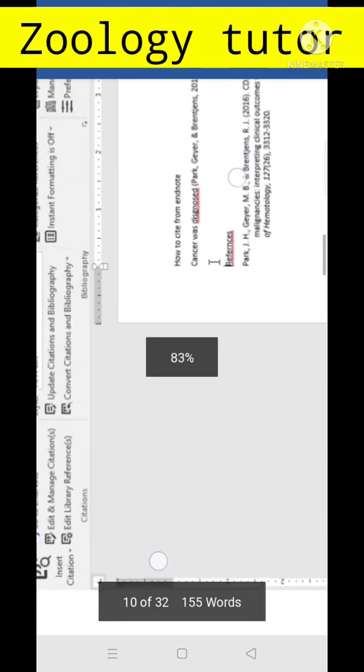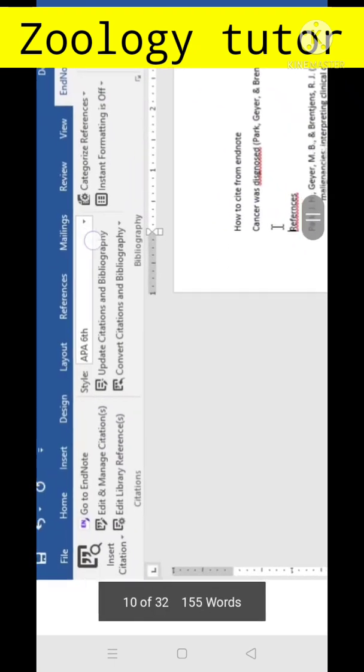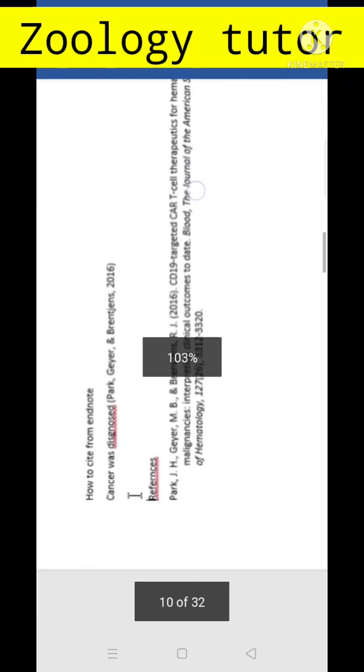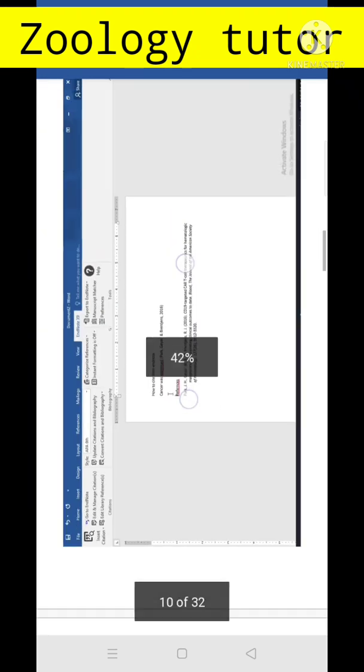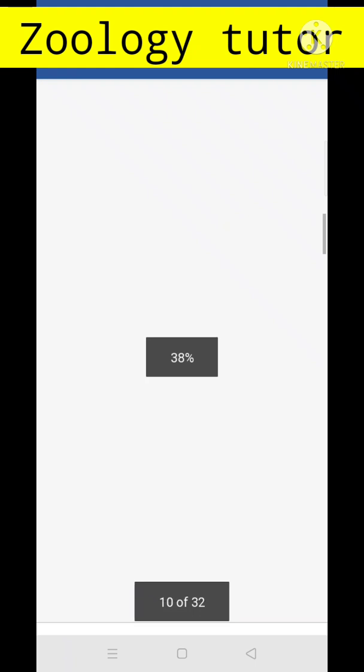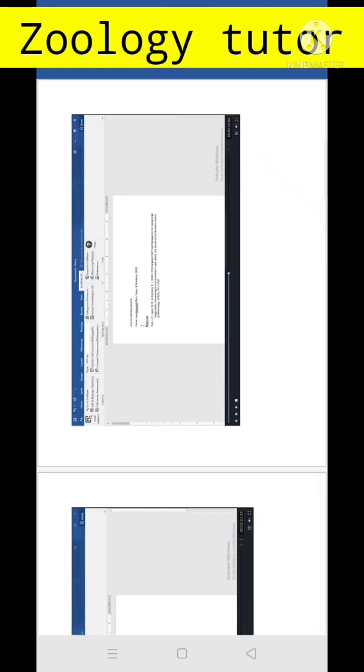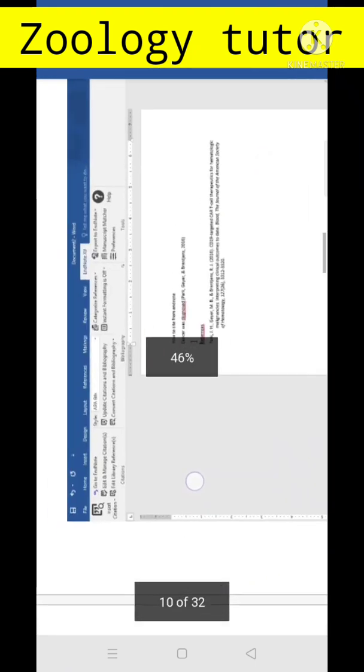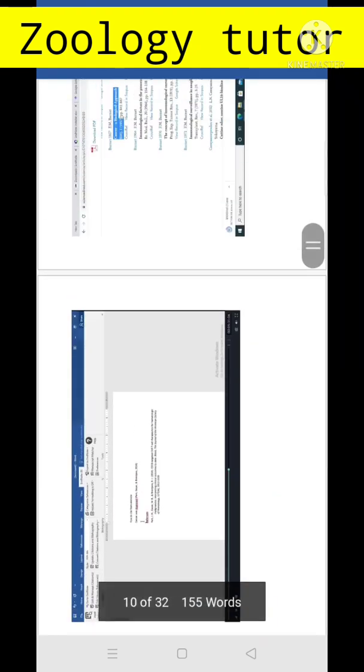You can see that automatically an in-text citation has been added and also a reference has been added. Now the word reference is written by me, not by the computer, so you need to write reference over there, so you can edit it somewhere. Now you can also change the style of it from the menu bar. You can choose the type of article.